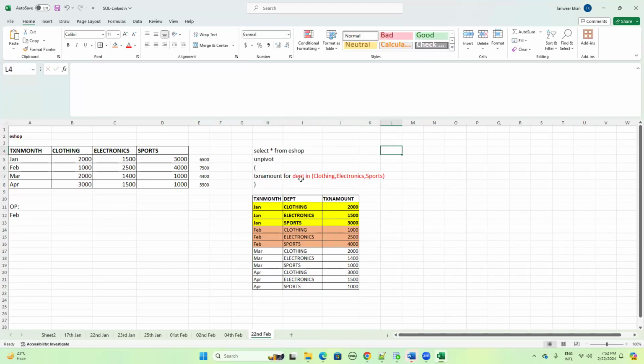When you write department in the different departments, whatever you have in the C# table, the meaning of this, which I have highlighted in red, is you're telling the SQL engine that these columns, clothing, electronics, and sports, you want to convert these columns into rows. This is the meaning of it, that the department column, clothing,